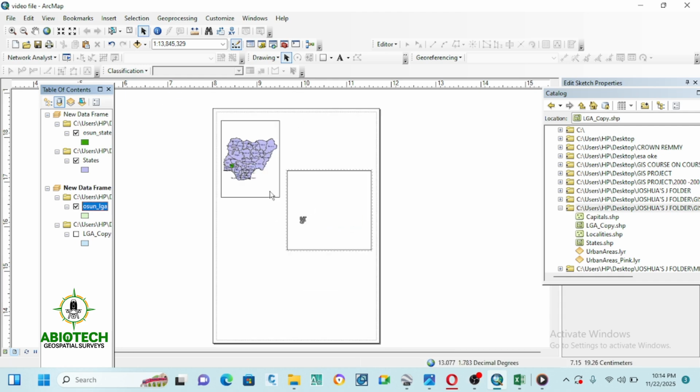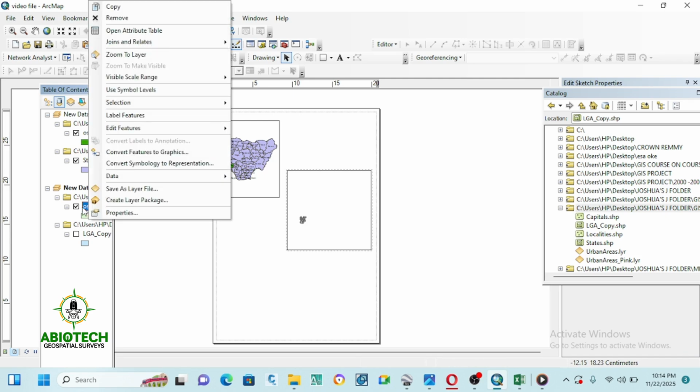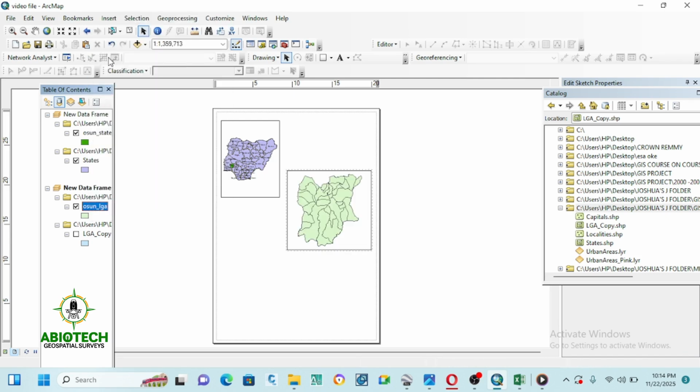But now you notice something, that this frame was meant for this local government, but it's looking very tiny. What we just do to make sure it is taking the whole space is just to right click here, you click on zoom to layer. You see clearly that is now taking the whole layer there. All right, having done that,